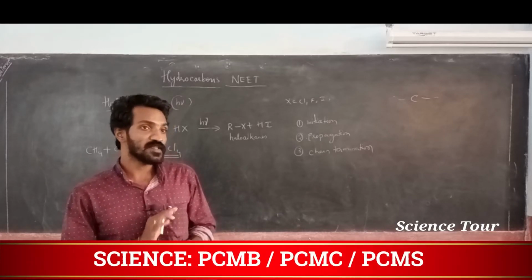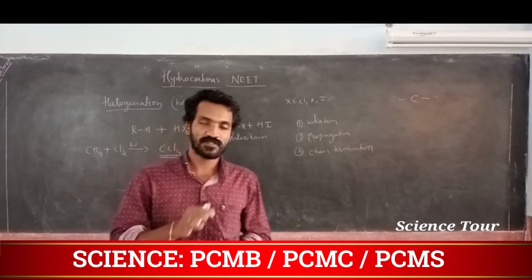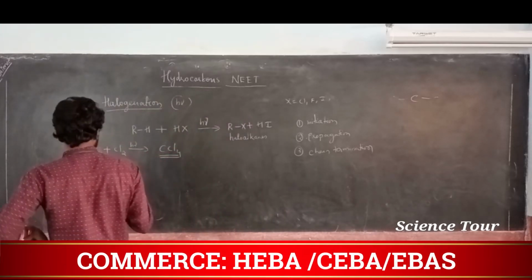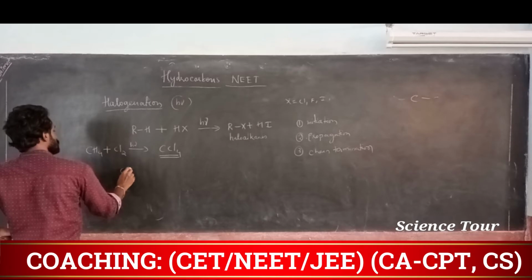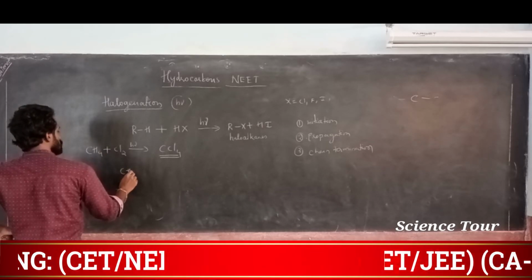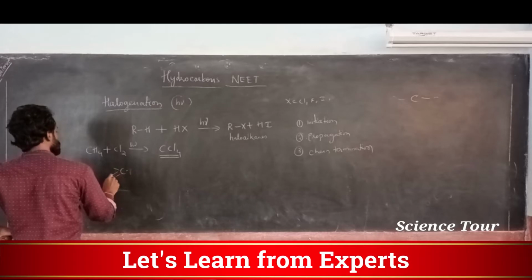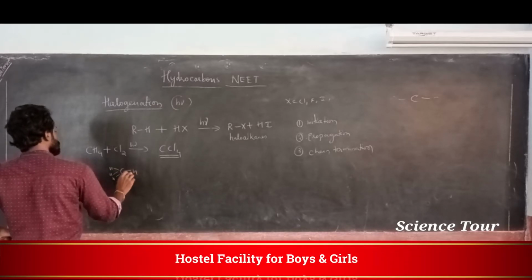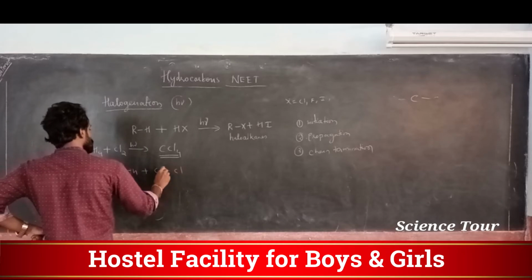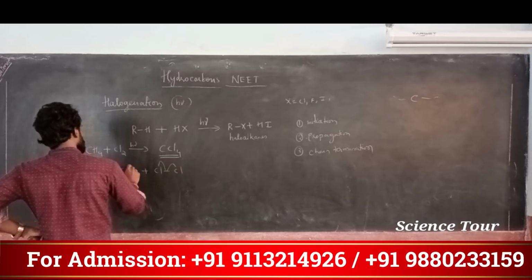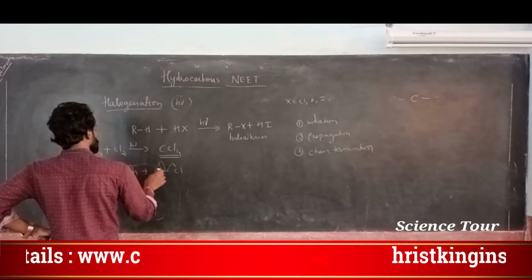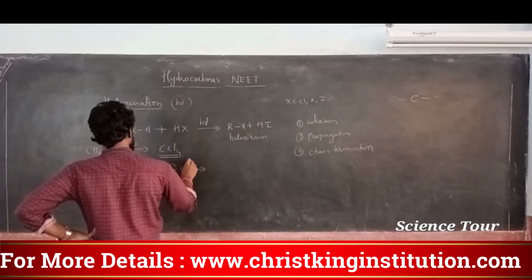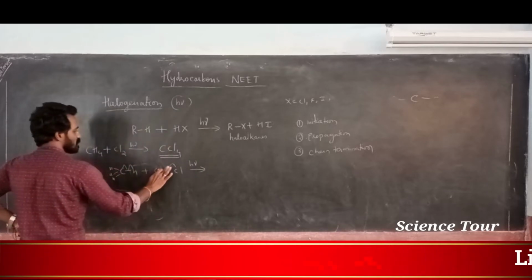This reaction is a free radical mechanism. You know that it is there in first PUC, my dear students, but it is important how this reaction takes place. For example, CH4 is there, that I will write as CH3, H. So it reacts with the chlorine. One of the chlorine combines here, this will go like this, and this will go and combine with this particular, and it gives, in the presence of h nu. This is actually the free radical mechanism shown.